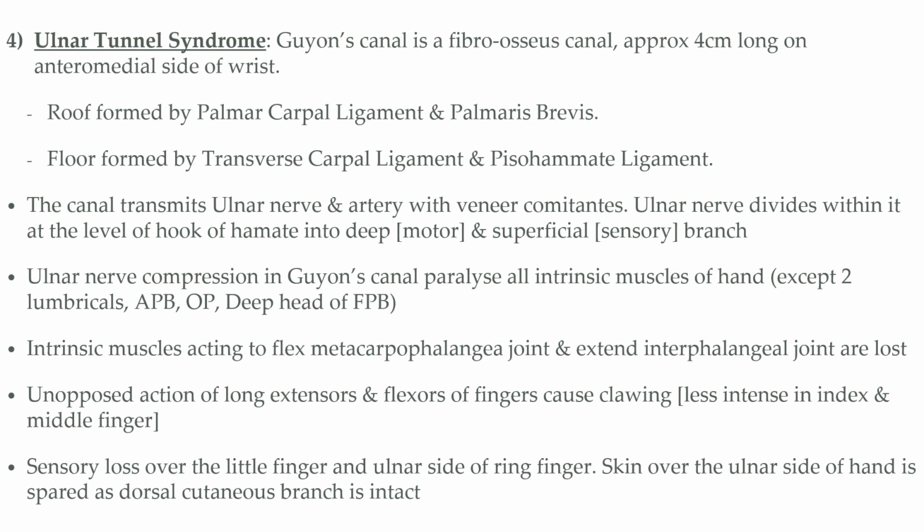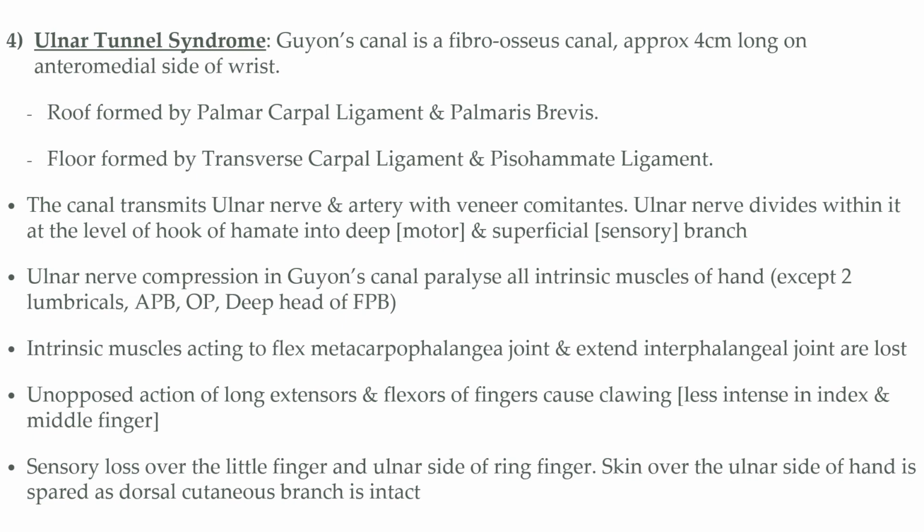Whenever ulnar nerve compression occurs in Guyon's canal, partial or complete paralysis of the intrinsic muscles innervated by the ulnar nerve occurs. As a result, the condition known as clawing arises. Clawing occurs because the paralyzed intrinsic muscles are not able to perform flexion at the metacarpophalangeal joint and extension at the interphalangeal joint. However, because of the unopposed action of the long flexor and extensor muscles in the hand, the clawing occurs.